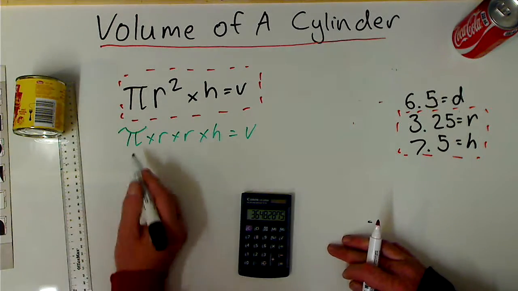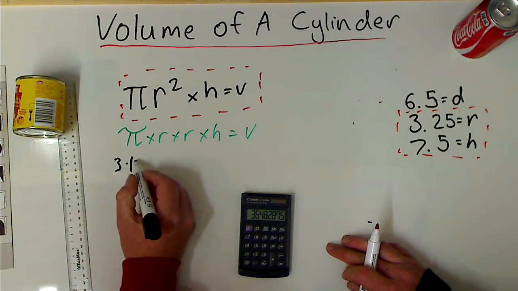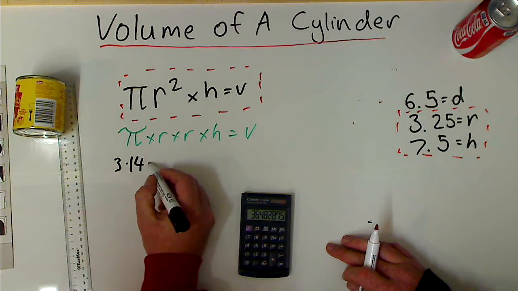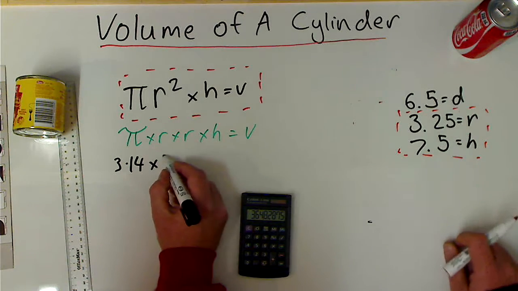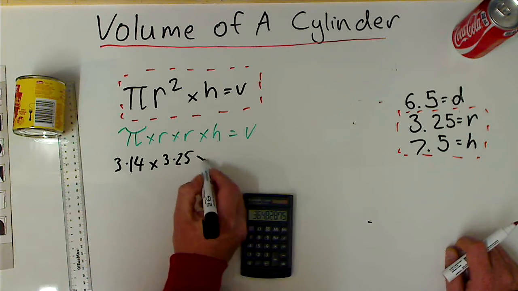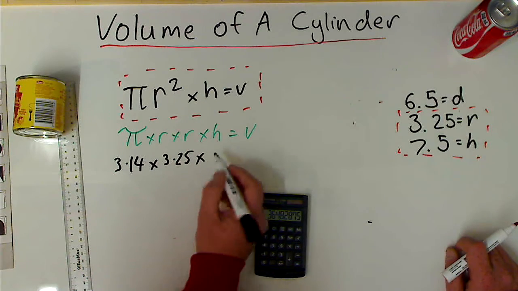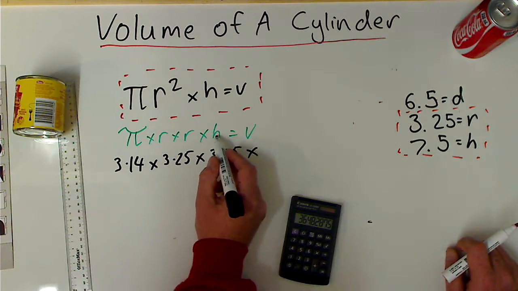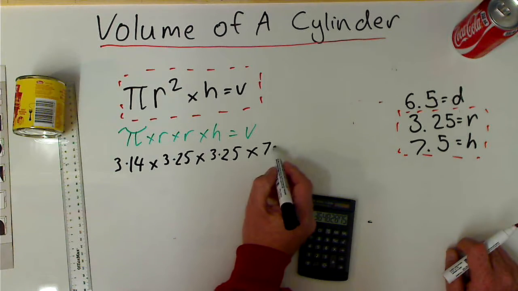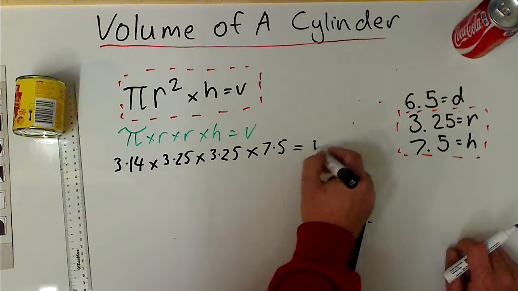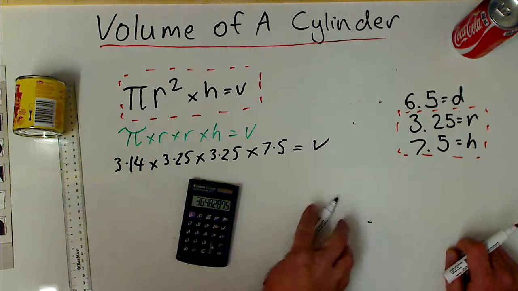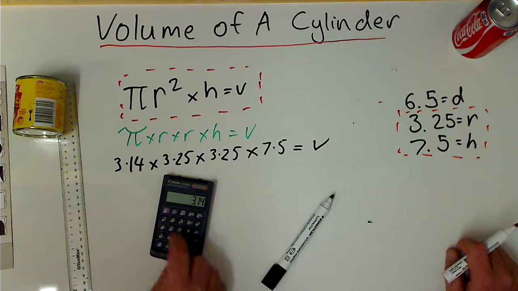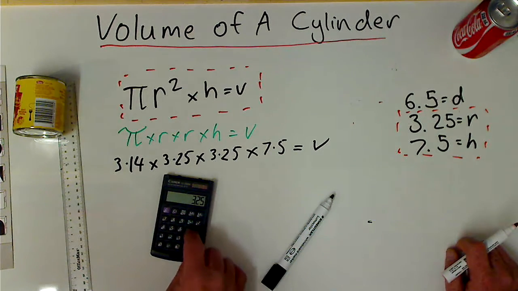So we've got pi, which is 3.14, times r, 3.25, and then times r again, because it's r squared, 3.25, times h, the height, 7.5, equals V. So let's do that: 3.14 times 3.25 times 3.25 times the height equals